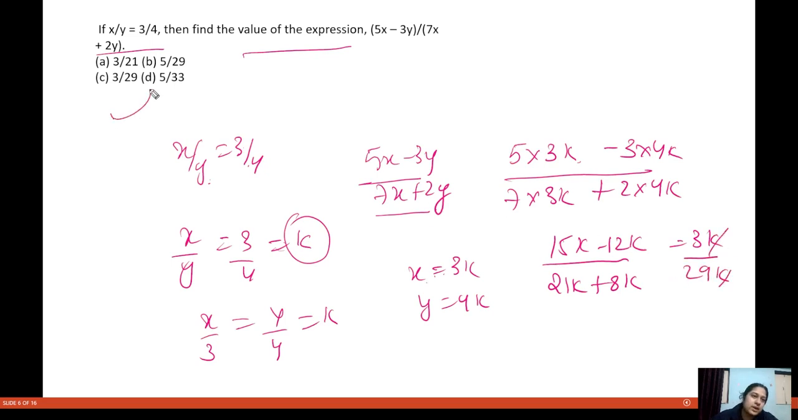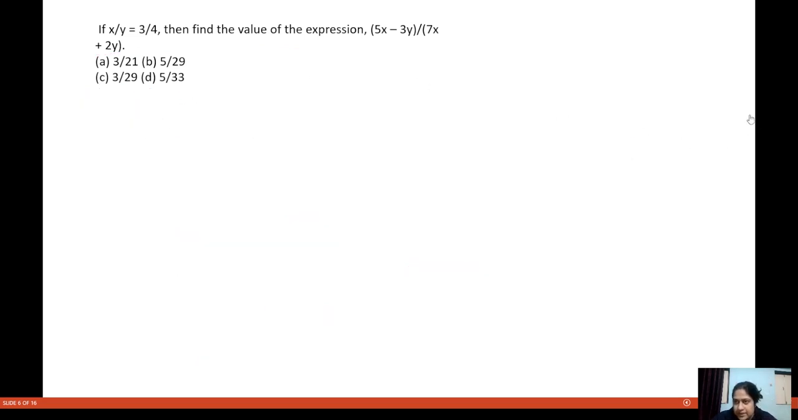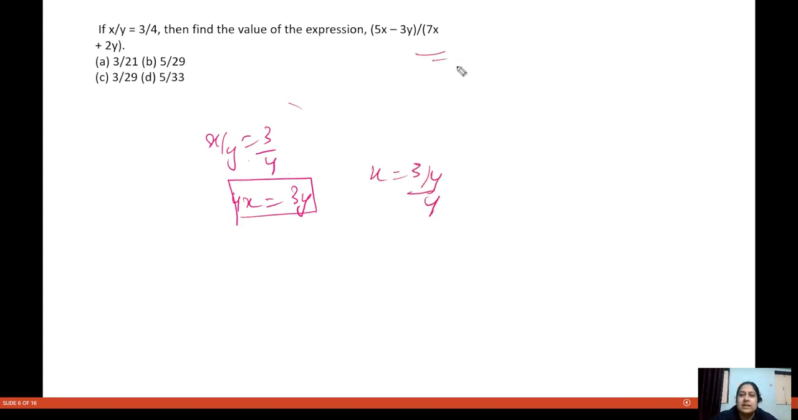So you can do it any way. You can put 4x is equal to 3y, and then x we will put as 3y by 4. So this will come in terms of fractions, and then it will not be very easy to calculate. So instead of putting this in terms of fractions, that is 4x is equal to 3y, x is equal to 3y by 4,